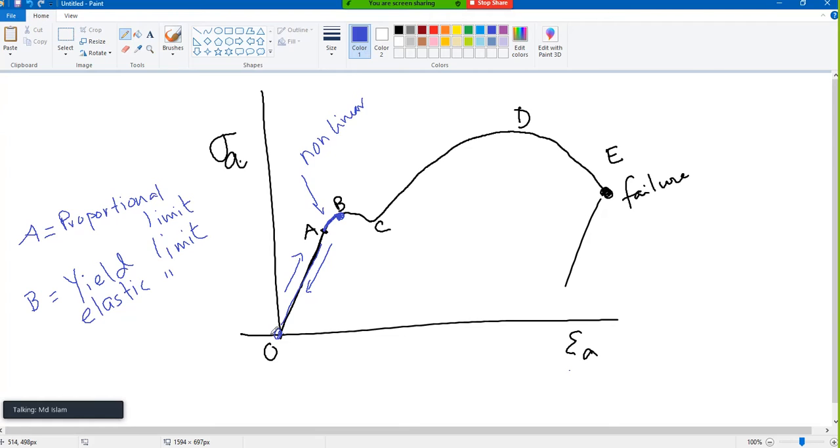So up to B, if we apply load, it will go to B. Then if you remove the load, the deformation will come back to original position. That is called elastic limit. Full elastic, it will come back to original position. Now you can see elastic has two components. One is linear, other is non-linear. Again, there is a guarantee you will get at least one question on this sketch figure. This figure is the most important figure in your civil engineering career.